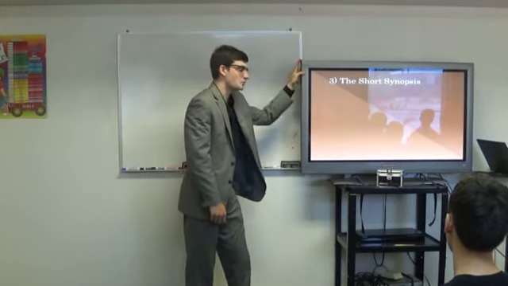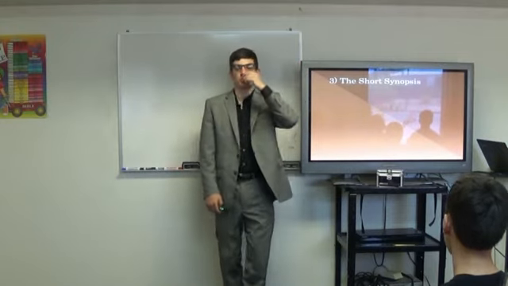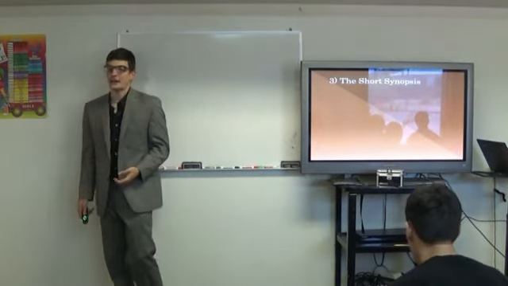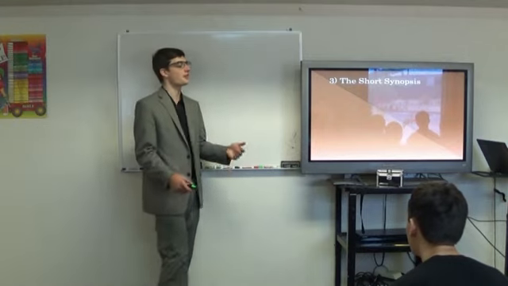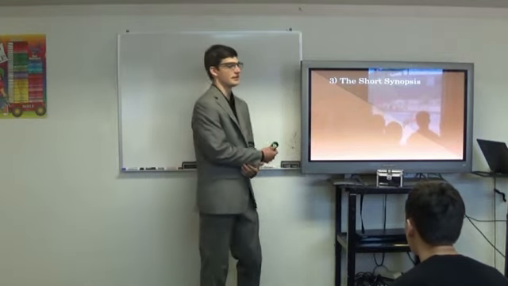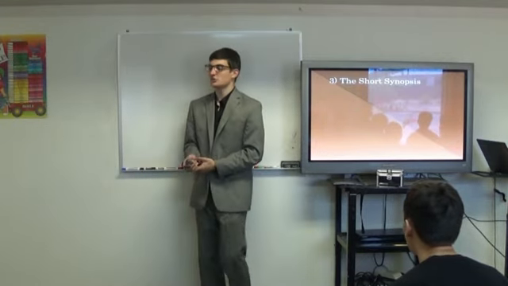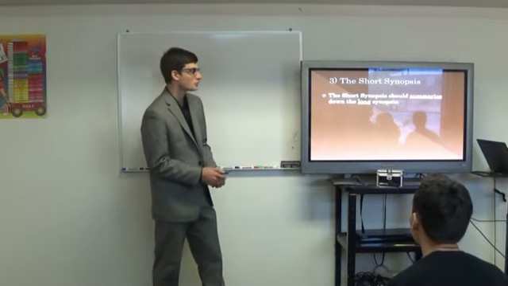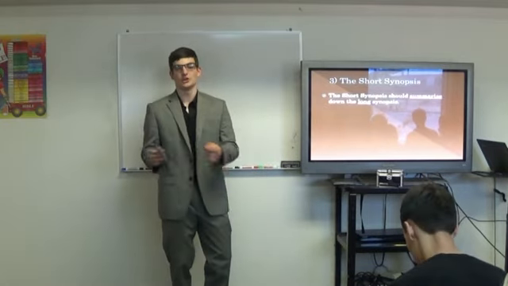Let's move on to 3. 3 is the short synopsis. And for some reason, I don't know why, everyone I've talked to about how they construct their Mars Hill binders doesn't do this. If some of you guys do, then awesome, you'd be like the first people I talked to that did. The short synopsis should summarize down the long synopsis.